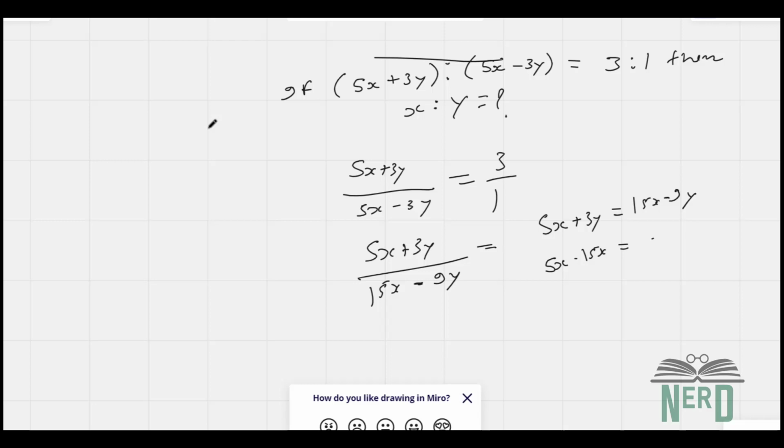So if 9y moves there, it'll be plus, like 9y plus 3y. So if we just solve this, we'll get 10x equals 12y. So our value is there, x and y, right? So we can also write like this, 10 to 12. If we simplify more, it'll be like 5 to 6. So our answer is